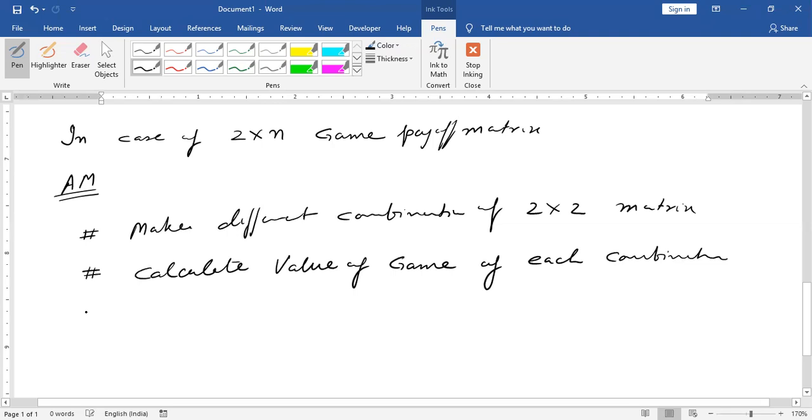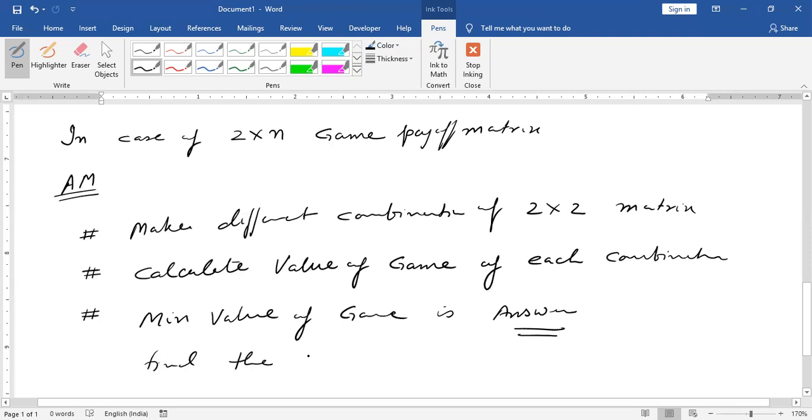Number three, the minimum value of game is the answer. Right. So we take the minimum value of game as the answer, and find